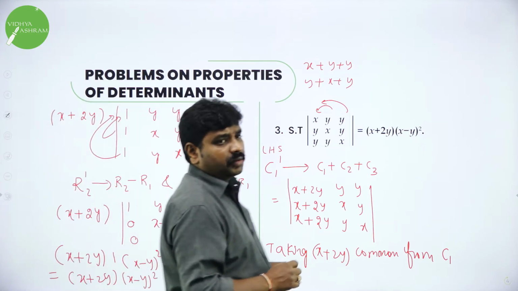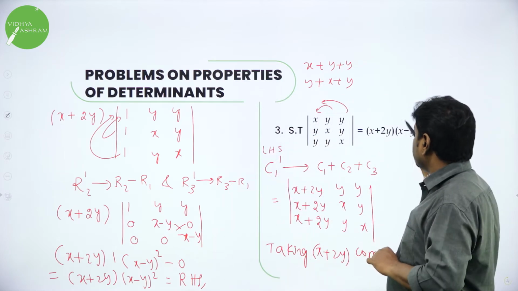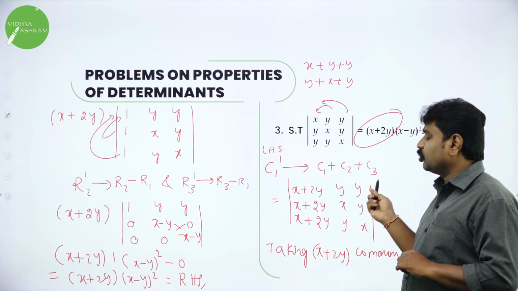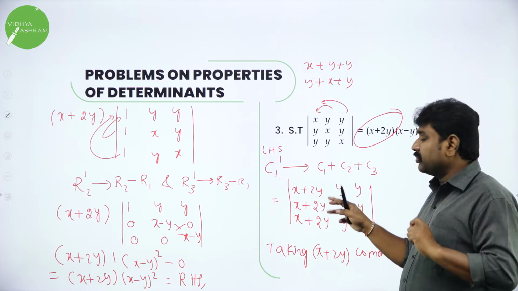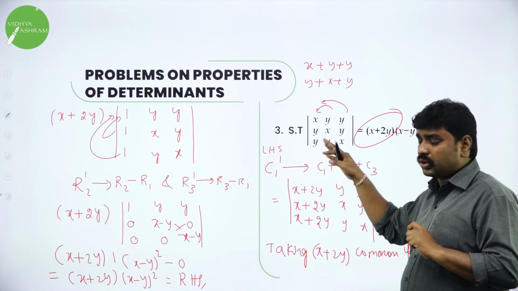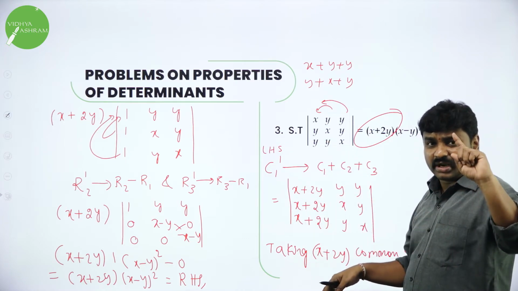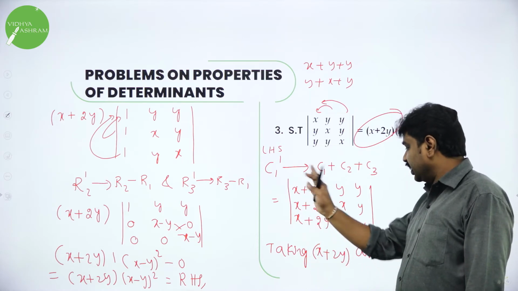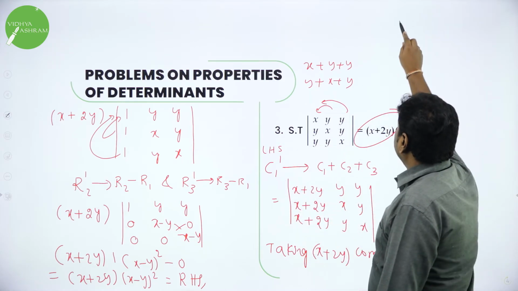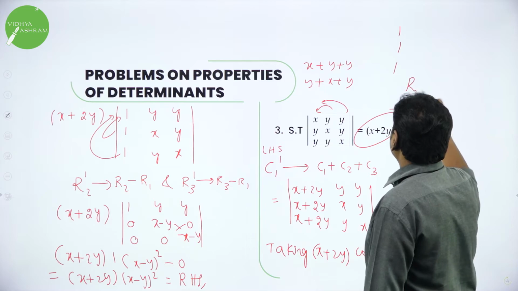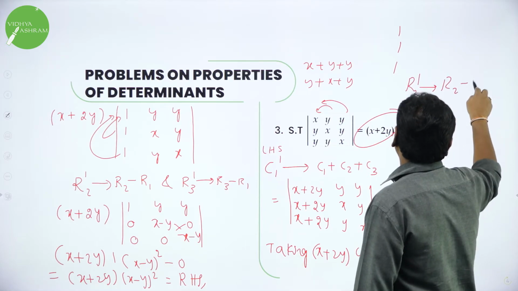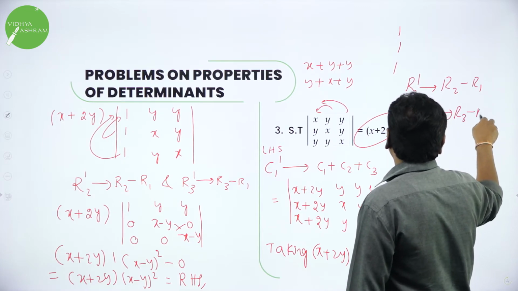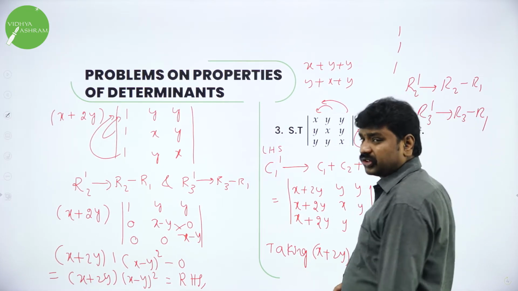So now we have done the operation. First I observed that I could see x plus 2y. How to make every element x plus 2y? If I add C1 plus C2 plus C3, for the first column I will add two columns and I get this. If any element is common in any column, you can take it out. So x plus 2y is common, I will take it out. Always I will follow this. Maximum problems in your syllabus work with this. Use this common operation, it makes your process faster.